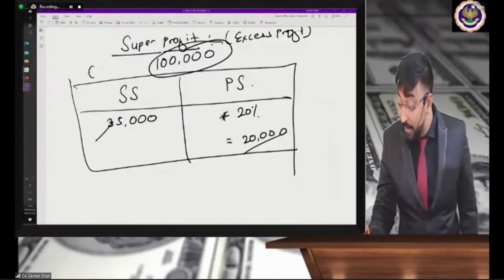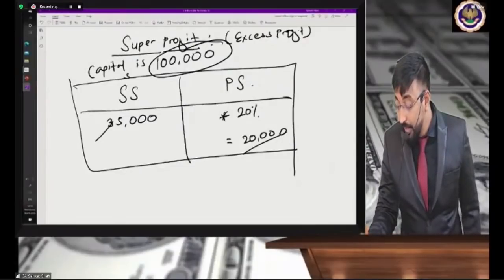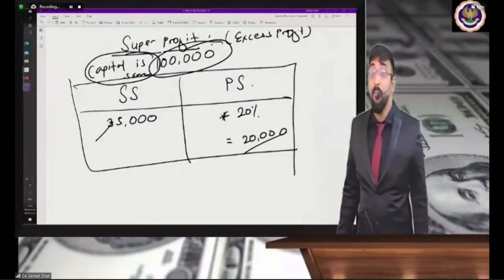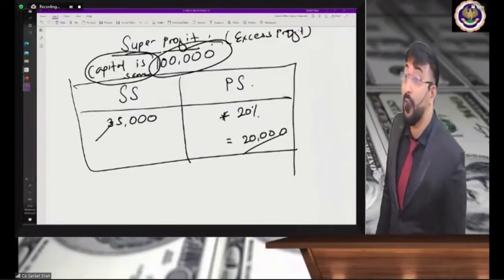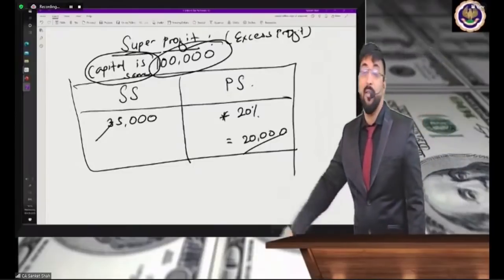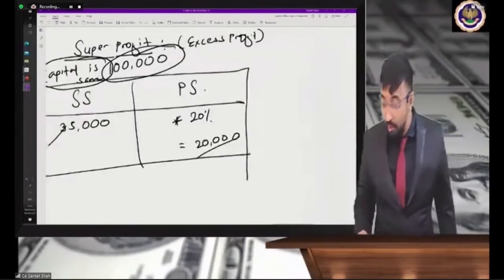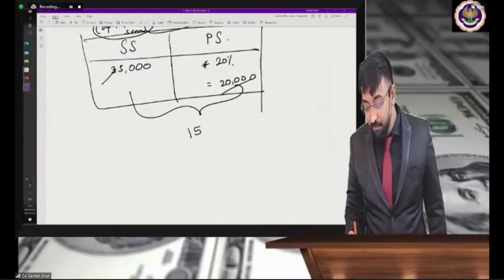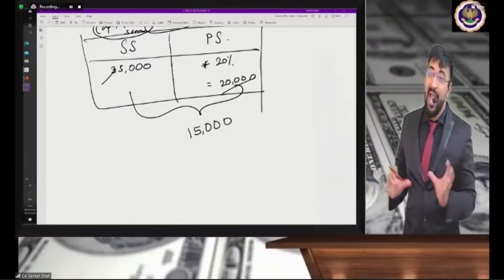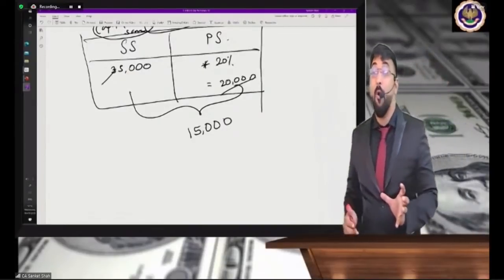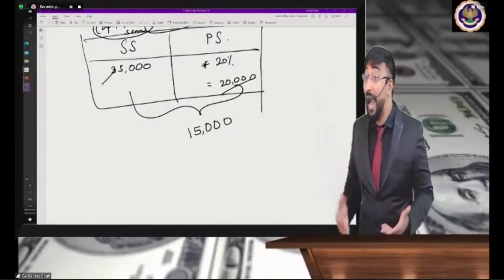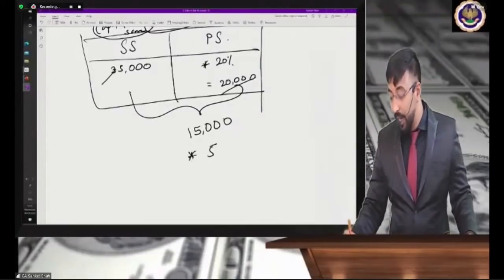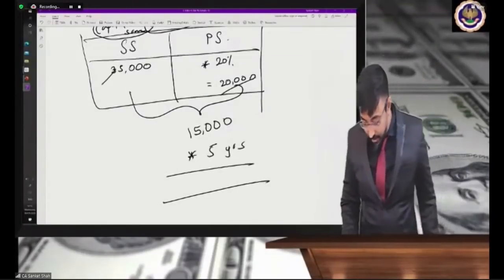Remember, capital is the same, very important, but Sanket sir is getting 35,000 by selling khakra, dhokla, fafda, and Pratham is getting only 20,000. So I am getting an excess of 15,000 rupees. And that 15,000 I'm going to receive for the next 5 years because of my brand name in the market. Pratham's brand will also become big, but it will take some time. Those 5 years of excess profit are called